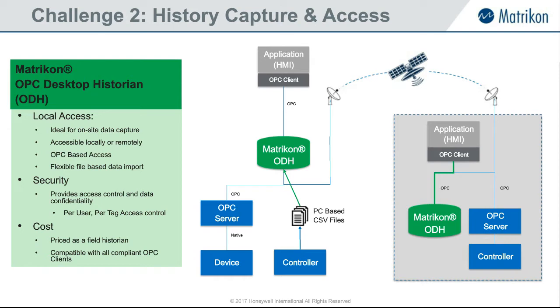So desktop historian being meant for field devices or these types of shop floor applications, it also has the ability to pull that data in from flat files, so CSV files, comma separated value files, and you can identify the rules for what that format would be, because they're not all the same. So whether you're using that locally, the ODH has the ability to run multiple instances, so you can scale it, you can run it in a virtual environment, or you can also, of course, use it remotely,